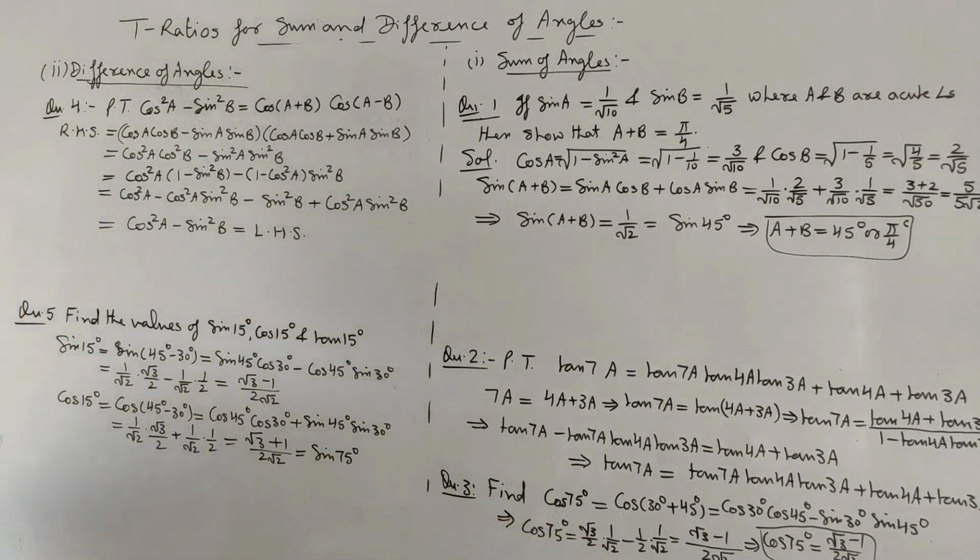Now if we want to find tan 15 degree, then that will be sin 15 degree upon cos 15 degree, or you may use the relation tan of 45 minus 30, and this time it will be root 3 minus 1 upon root 3 plus 1, and that will be the value of cot 75 degree, because 15 and 75 being complementary, tan of one will be equal to cot of the other.